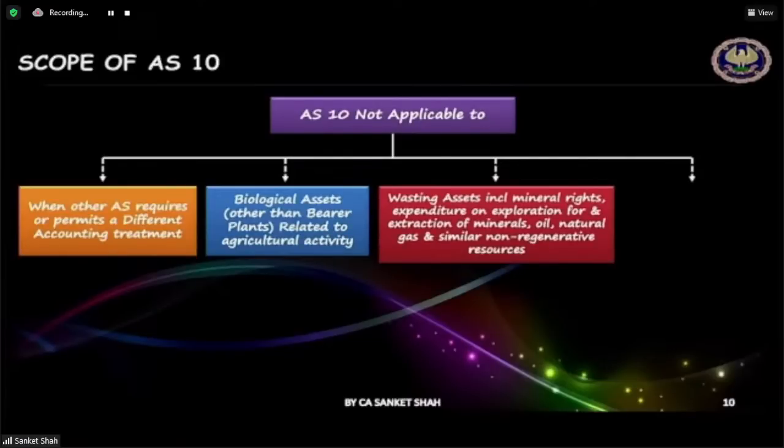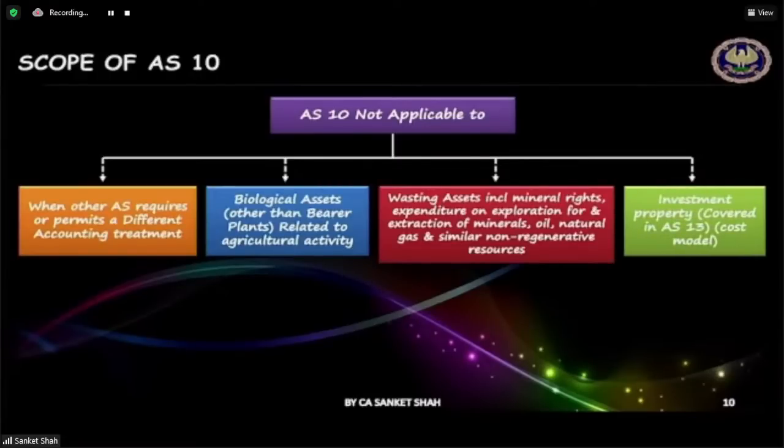Yes, in the next slide only we are going to see vesting asset. Vesting asset means it's related to minerals. बेटा माइंस में जो मिलती है ना उसको वेस्टिंग एसेट बोला जाता है. So माइंस से रिलेटेड जो एसेट होती है उसके लिए स्पेसिफिक गाइडलाइन है. And investment property. Now what is investment property? Because it is covered under accounting standard 13. So we are not going to see it here.